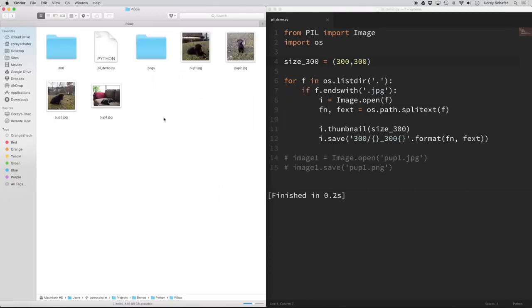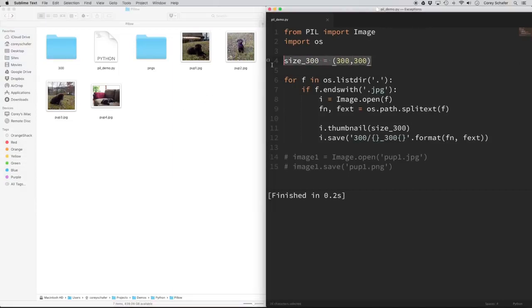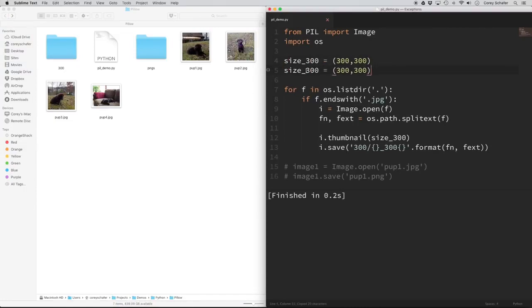Now the great thing about being able to do this in Python is that we can just quickly and easily modify our script to accept any new sizes that we want. So say for example that we suddenly had a requirement to do 700 pixel images as well. So we can go through and just as easily add in another step to do 300 and 700 pixel images. So if I change this to 700 here,